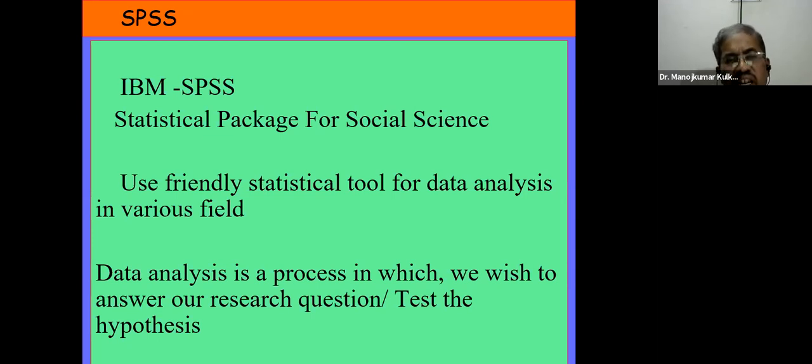So based on your data and research questions, you have to decide, yes, I want to run a correlation. When you are finding the association between two quantitative variables, you can make use of correlation. If you want to predict the dependent variable, we can use regression. If you are studying the association between two qualitative variables, you can make use of the chi-square test. So all these things you have to decide as a researcher. So this decision has to be made by us.